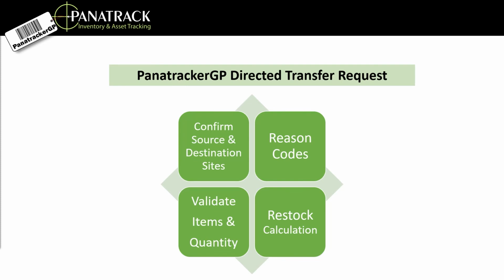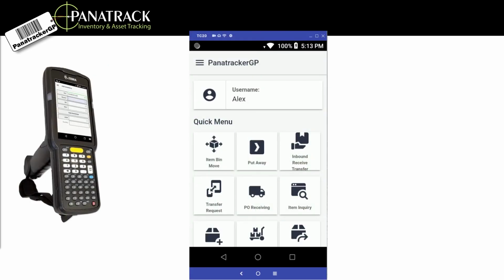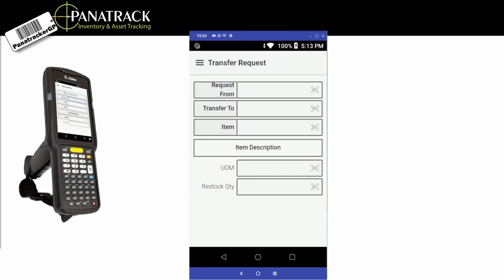Additionally, Panatrack can be configured in several ways to support restock calculations, including Kanban, min-max quantities, and user entry. Panatrack also supports reason codes as part of the transfer request transaction. For users who need automated directed transfer infrastructure, this can be configured within the Panatrack system using a variety of methods. The Panatrack transfer request transaction begins with the user selecting the requested from site and then the transfer to